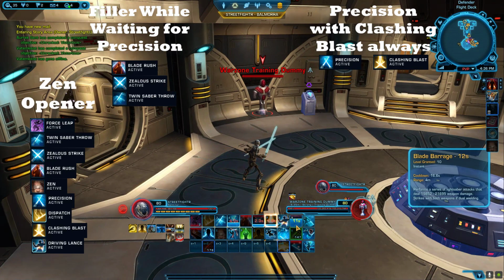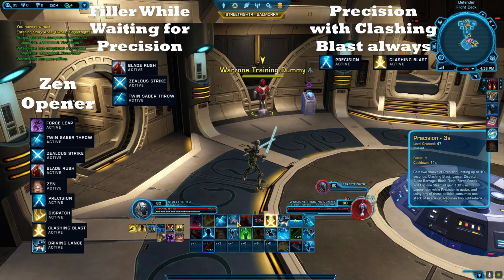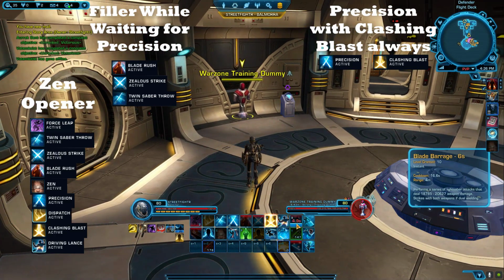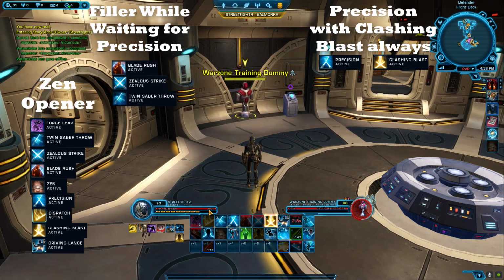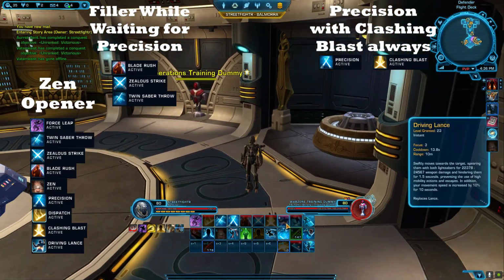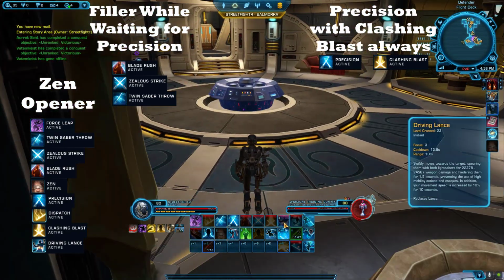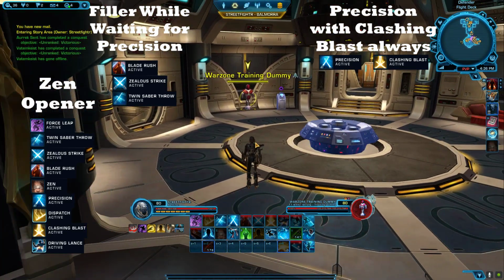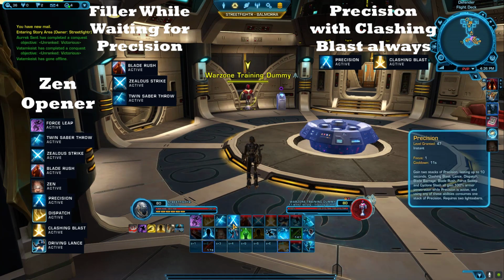Okay, that Blade Barrage took away that second stack of Armor Pen from the Precision. Okay, and the only reason why we use Blade Barrage is because Lance wasn't ready, Dispatch wasn't ready. But if you wanted to wait like another 1.5 seconds or something, we would have been able to use the Lance. Okay, but simplifying it down here, what you're doing is you're basically just watching Precision,